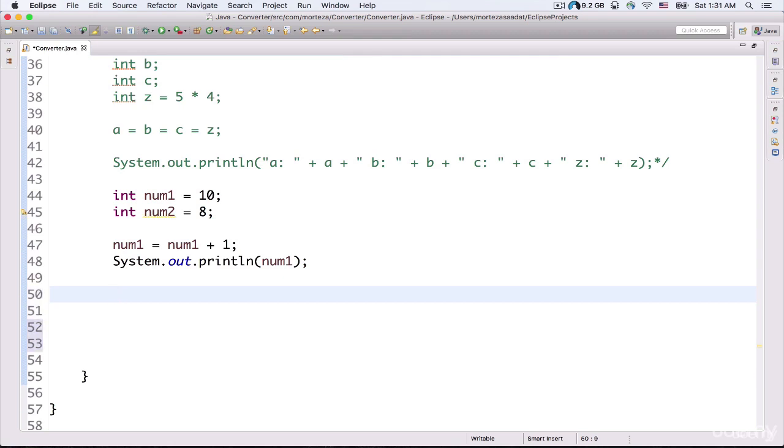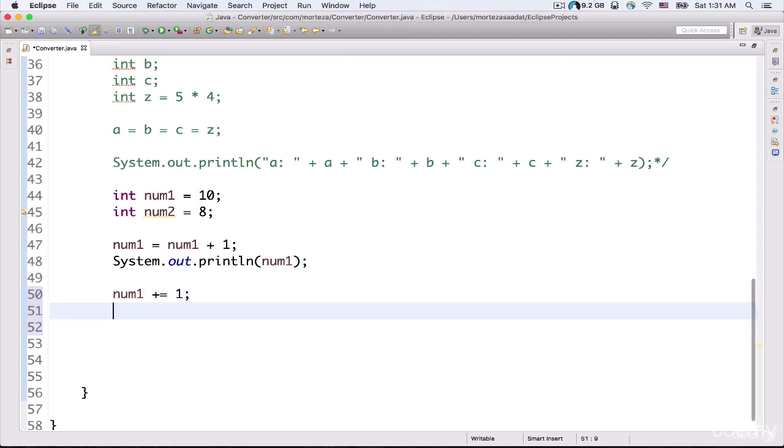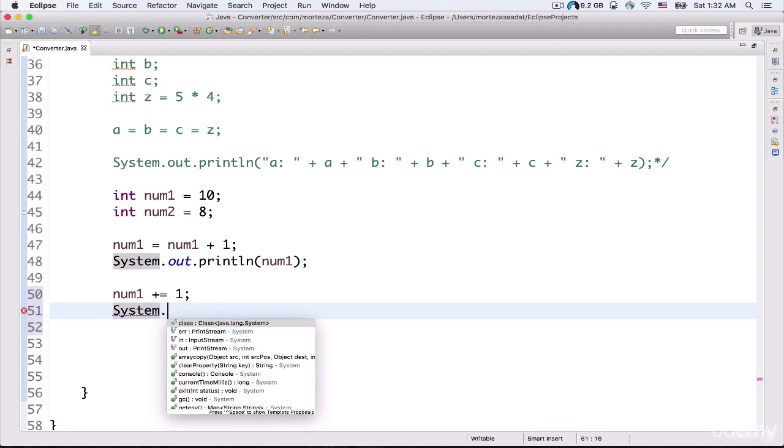Again, I need to refer to the name of my variable num1, and then I put the plus operator and the assignment operator. And then I just put in the number 1 here. And at the end of my statement, I need to add the semicolon. So if I actually output the value of this variable to the console now,